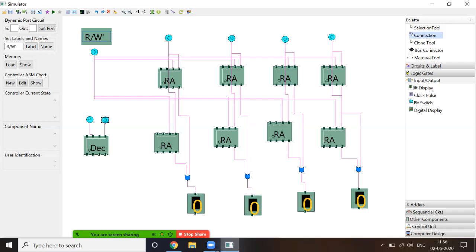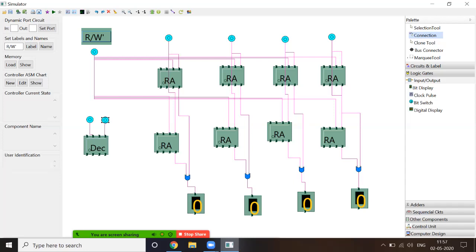Now we have to connect the outputs. So this is pin number D0. Okay, D0 selects the first row, that is this row, and D1 selects the second row. Okay, and we know that for select there is a pin at pin number 8 of this RAM cell. So pin 8 of each RAM cell of this first row should get connected with this pin number 4 of the decoder, as it presents D0. So this is the input.